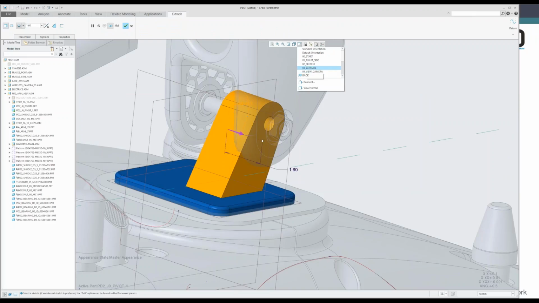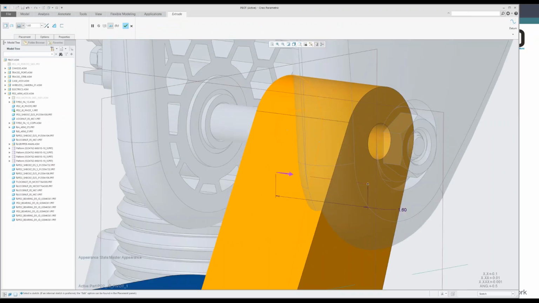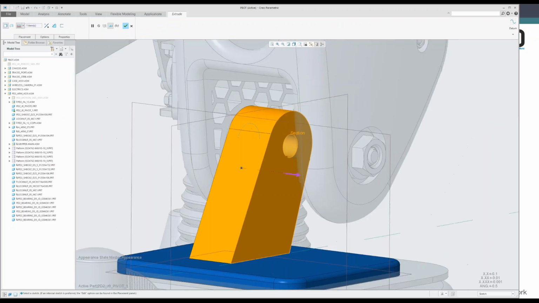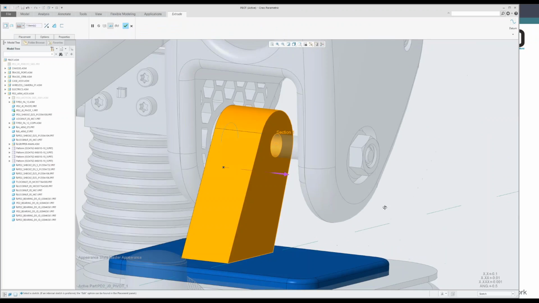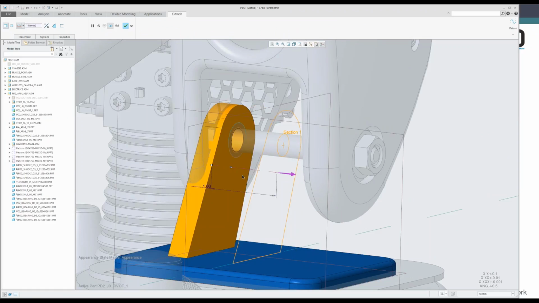What is useful, and it's not new, is you can hold shift down and drag in this sketch and have it reference this edge right here, so it extrudes to that edge. But what is new, however, is now the ability to do a two-sided extrusion. So if I right click and say side 2, I can now do a second extrusion from the side. This used to take 2 features to do, meaning there were 2 items that would show up in your model tree. Now we're able to do this with just 1 feature. So I can right click and just hit, I want to do a two-sided extrusion, set this to that,